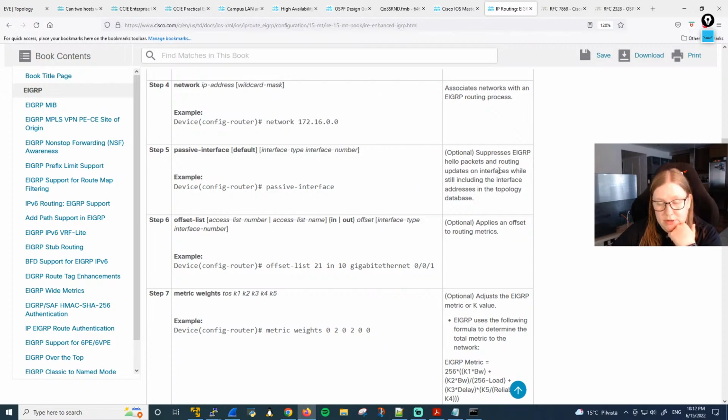So here it actually explains what passive interface does. It suppresses the EIGRP hello packets and routing updates on interfaces while still including the interface addresses in the topology database. So basically it allows the connected network to be advertised, but it will not send or receive hello packets on that interface, so it cannot form an EIGRP neighbor relationship on that interface. We can actually try to do that